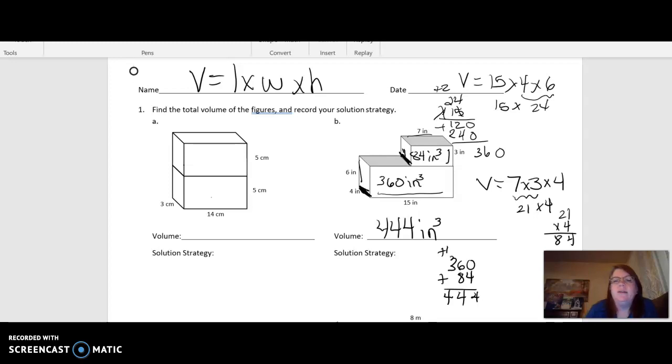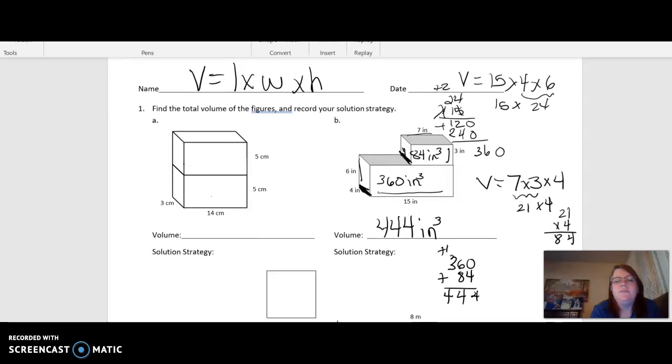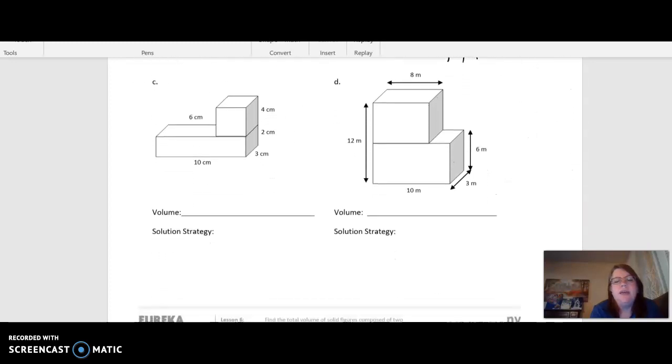That's an example there. You can do number 1A by yourselves, and then the rest of this page, I'm going to go ahead and move it up, is the same kind of thing. You have to be able to find the volume of each prism, okay? Some of these are going to have parts of a number that you need. So for instance, if I look at C, I have 10 times 3 times 2. That's great right there. So I have the numbers I need for the volume of the bottom prism, but what about the top prism? I have 4 right here as a height,